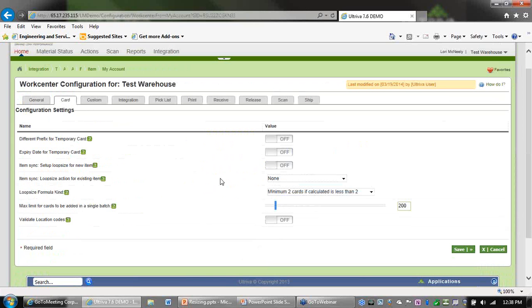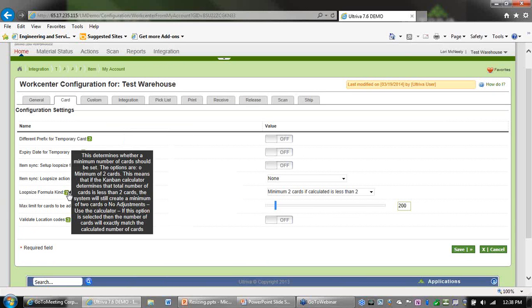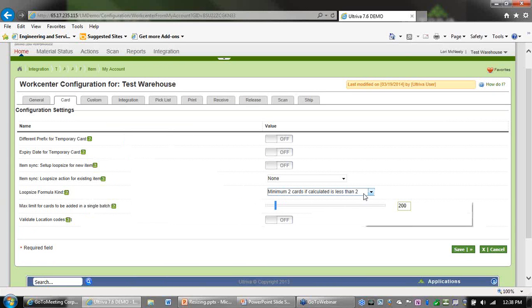In this Kanban formula, loop size formula kind, if you say do not enforce the Kanban loop, then it will allow you to handle that. Even though it takes the on-hand cards, the system will allow you to create that many cards, and you can release it